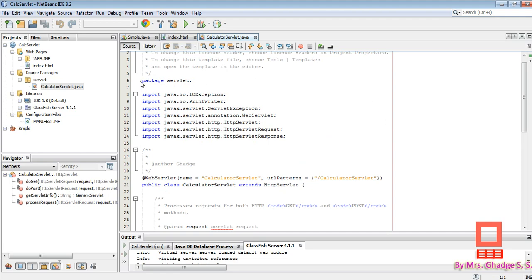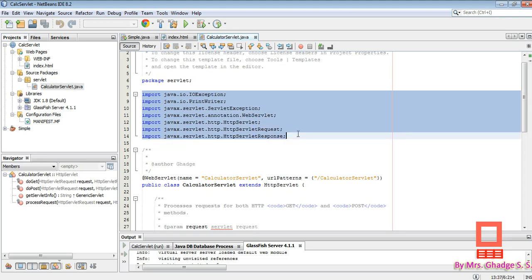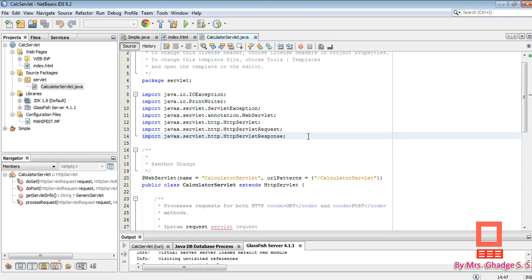Here it is package servlet. Under the source package there is one package created, servlet, and under that there is a Java file, CalculatorServlet.java. Here are some classes. The first is IOException, then PrintWriter, which belong to the java.io package.